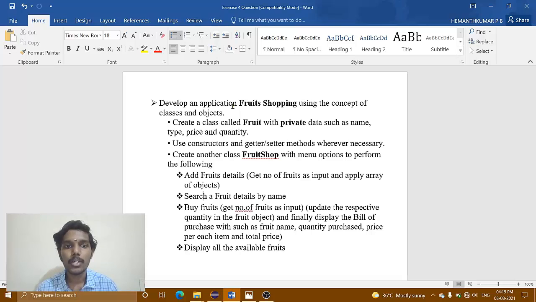The first menu: we are going to add fruit details by getting its name, type, price, and quantity as input. First, we are going to give the number of fruits as input, and we are going to use the concept of an array of objects. And then we are going to search fruit details by giving its name. Then we are going to buy fruits from the presented fruits, and then we are going to update the quantity